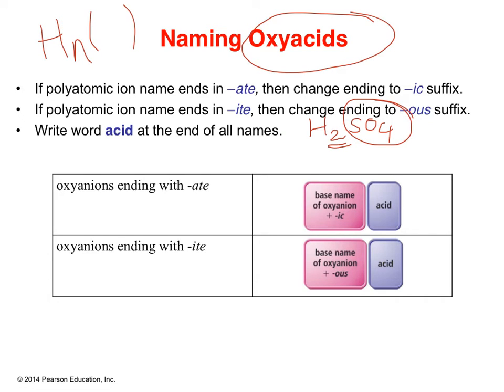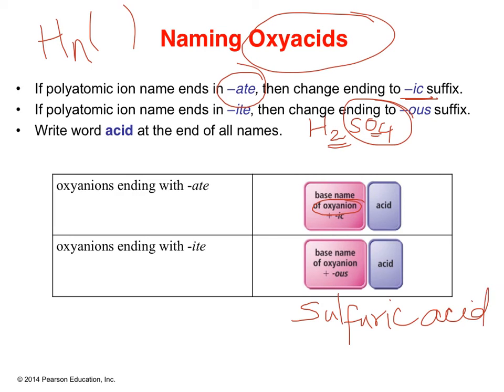By now you should have memorized the anions, and this is sulfate. So the polyatomic ion ending with ate, then it is an ic acid, right? So base name of the polyatomic anion. Now this is an oxyanion because it has an oxygen. So base name of the oxyanion, so sulfur, right? This is sulfate. So the base name is sulfur, sulfuric